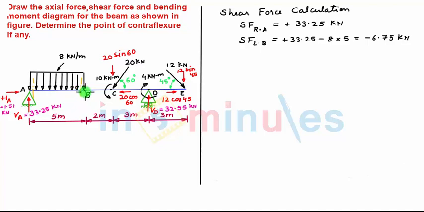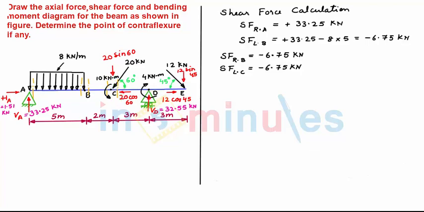Next we move the section beyond point B. By taking a section towards right of B and very near to it, shear force towards the right of B is equal to, as we see that these two sections are very near and as such there is no addition of force, so shear force at the right of B will be same as minus 6.75 kN. Now moving towards point C, by taking a section towards left of C and very near to it, as we see there is no addition of force between these two sections, so shear force will be same, that is minus 6.75 kN.